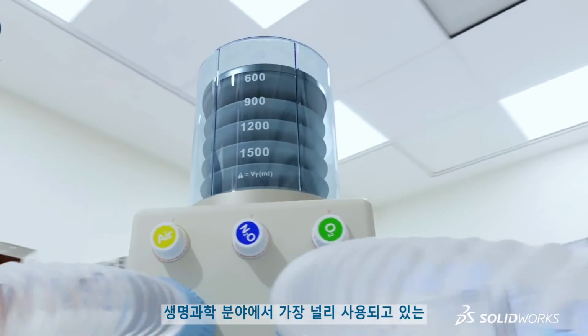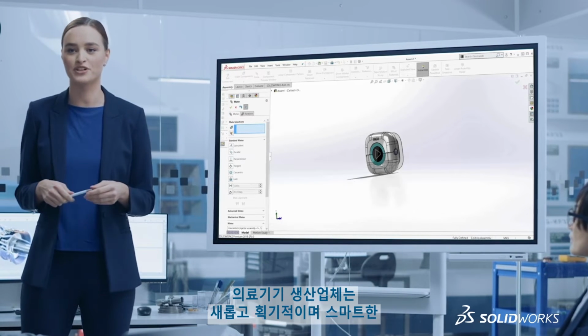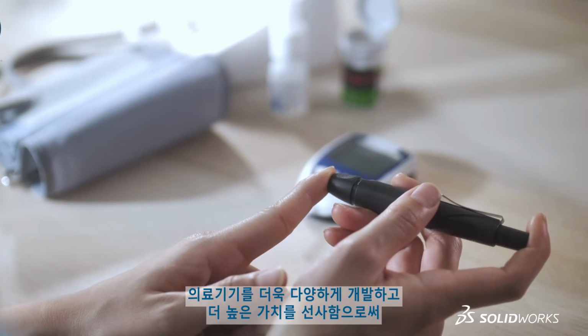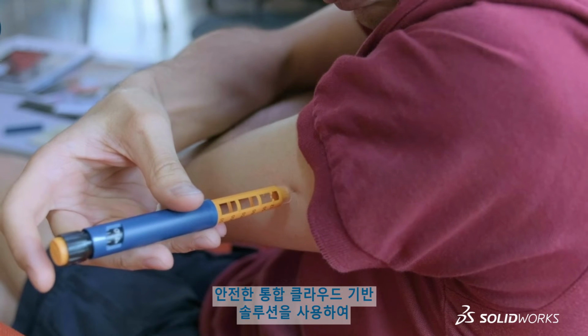By maintaining associativity to SolidWorks, the most widely used CAD tool in life sciences, medical device companies can increase the range and value of novel, smart, and innovative medical devices to satisfy unmet patient needs, access powerful, high-performance computing resources